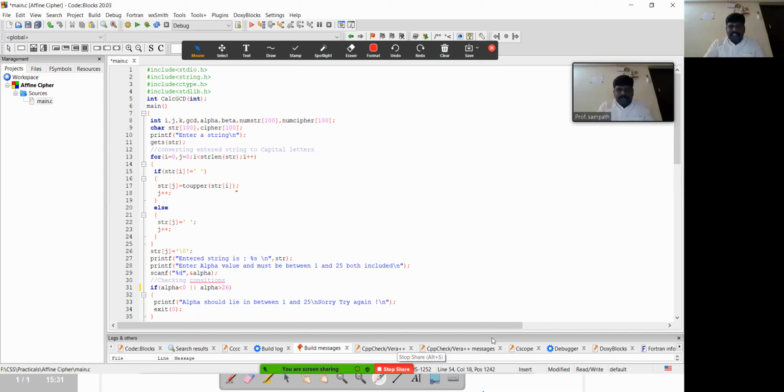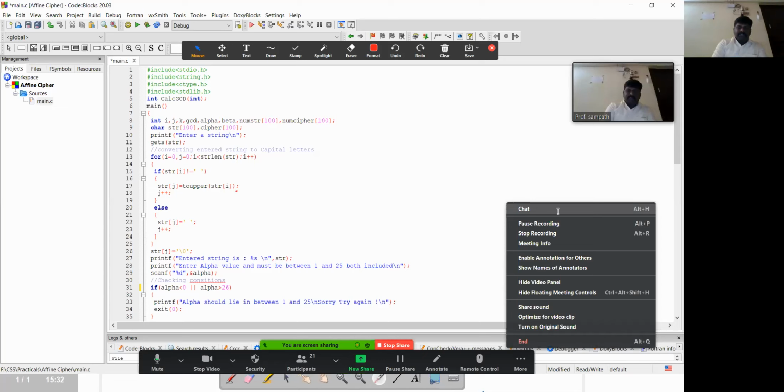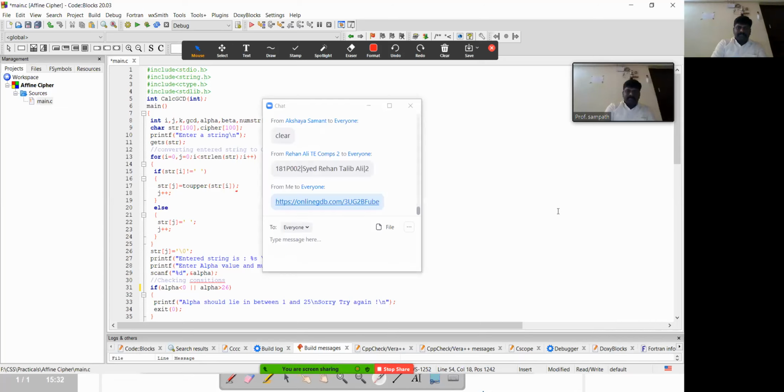Execute the program and share the screenshot through the attachment in the chat. I'll verify whether you are working on it or not. In the chat box, next to the file, you will get 3 dots. Just click on the 3 dots.